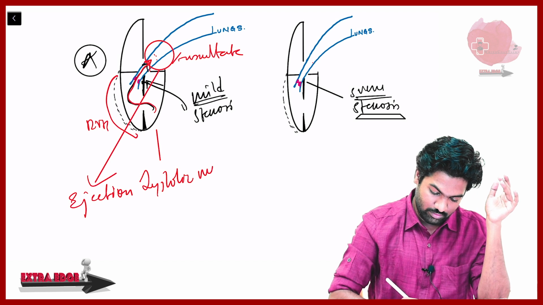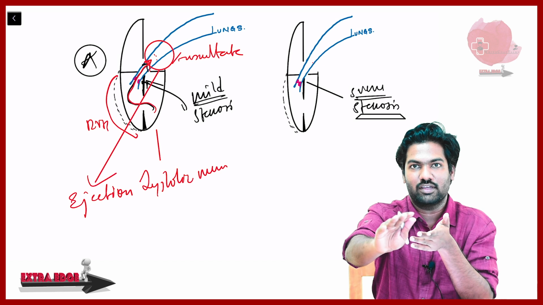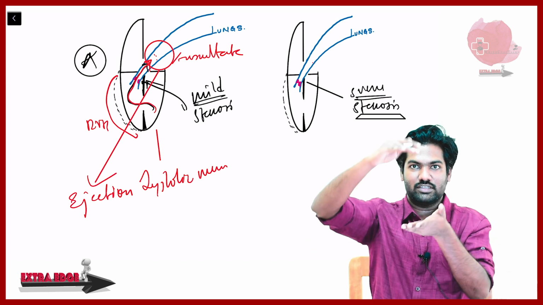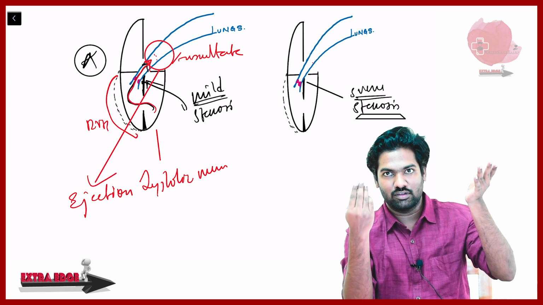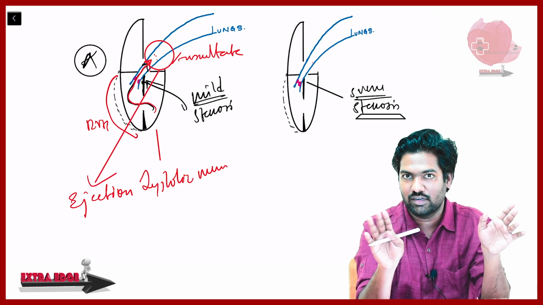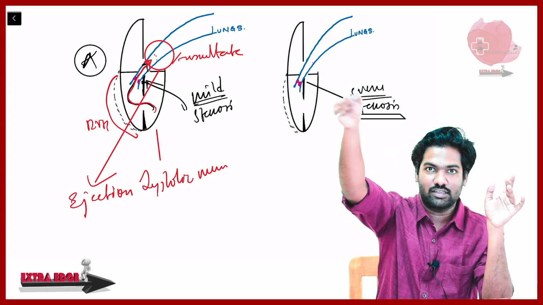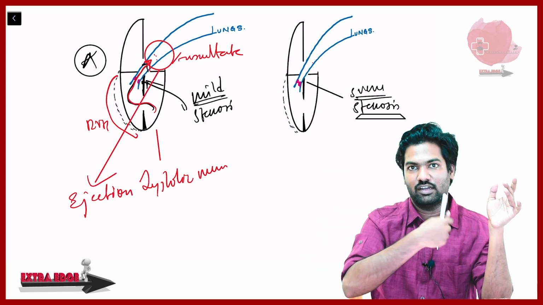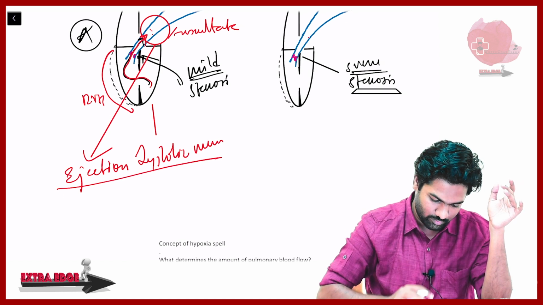Because in TOF cases, never will you be able to hear the VSD murmur, because the VSD is such a big thing there, it is equalizing the pressure of the left ventricle and right ventricle. So the shunt murmur is not heard in VSD. Whereas you will be able to hear what murmur? Pulmonary ejection systolic murmur, better heard in the left pulmonary area, okay, left second intercostal space. Okay, this is one thing which I want to tell you.